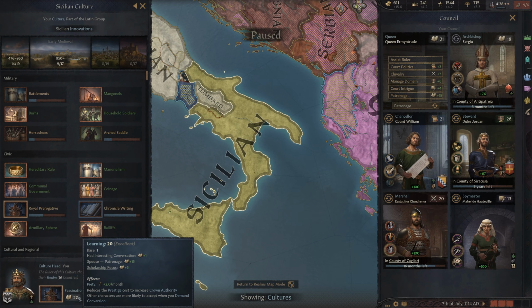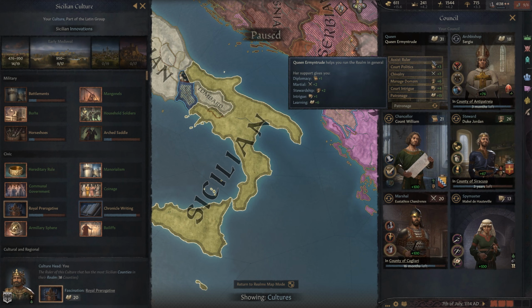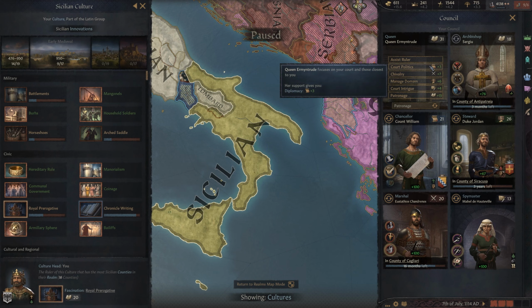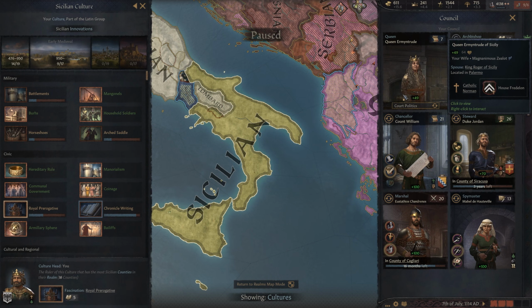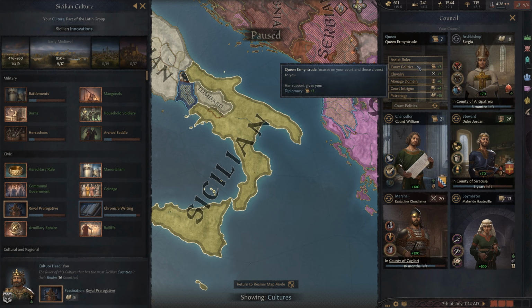So you can use this as you progress through the different options here, right? And the top one, Assist Ruler, will take 20% of all of her skills and give them to you. Very important. And you can also swap into these when you're in the middle of a dilemma that says, hey, this is a diplomacy challenge, and maybe you have terrible diplomacy, but your wife doesn't. Before you choose your actual action, you can jump into here, select diplomacy, and boom, you get the benefit of +3 to your skill, in this case, for the diplomacy challenge. A little cool trick you can use.